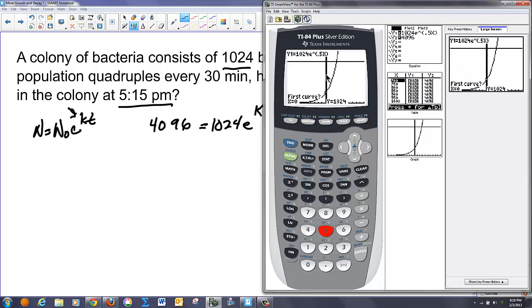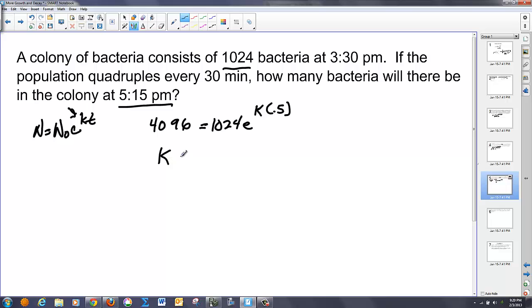And it's going to ask me for my first curve, and we'll make that the exponential. I press enter. Second curve will be the horizontal. Hit enter again. It gives me that guess, and I hit enter a third time. And this will give me the value of k, which is the x value. So k equals